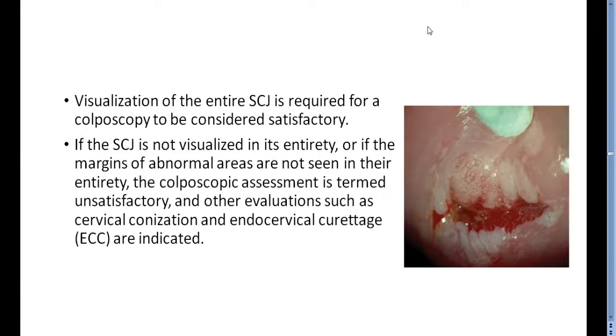We need to see this junction for evaluation of whether the colposcopy findings are adequate or not. If the SCJ is seen, it's considered satisfactory. If it's not completely visualized, this colposcopy is considered non-diagnostic. In such a situation, you usually need to go further with cervical conization or cervical curettage, because you don't see